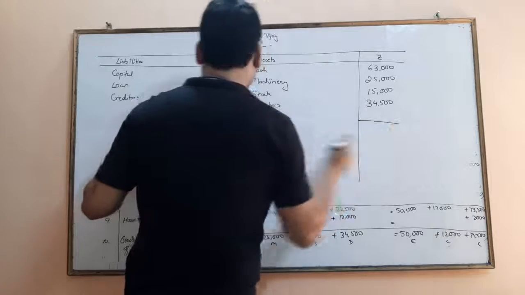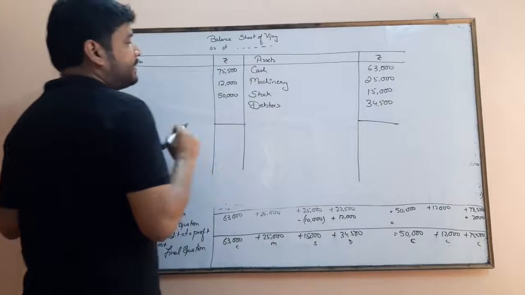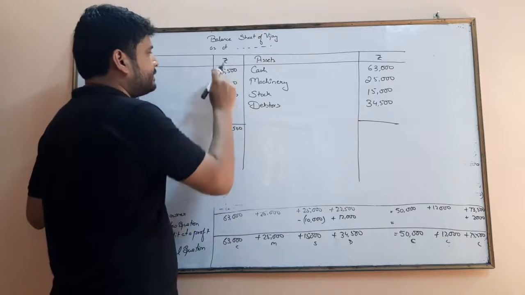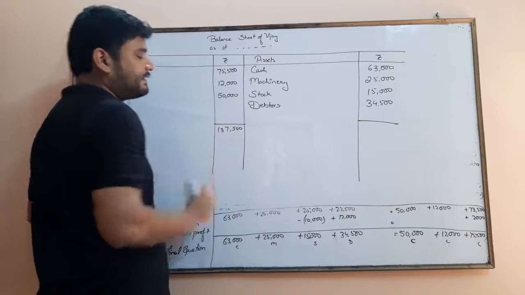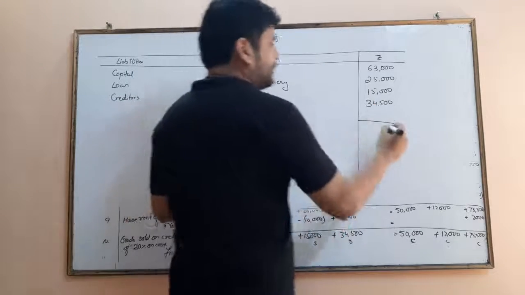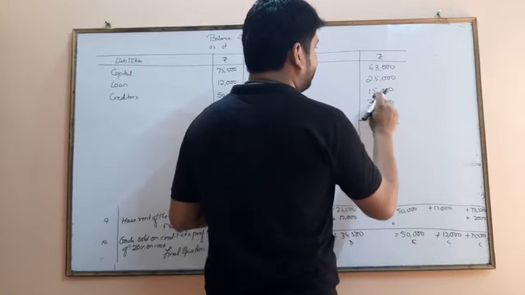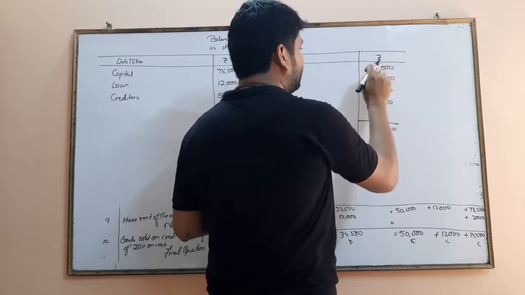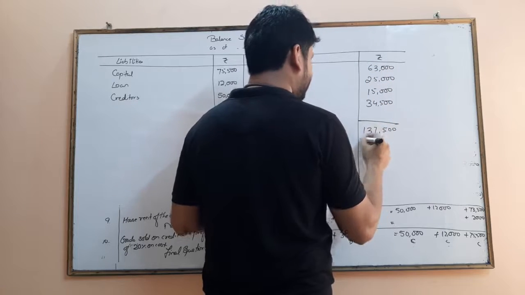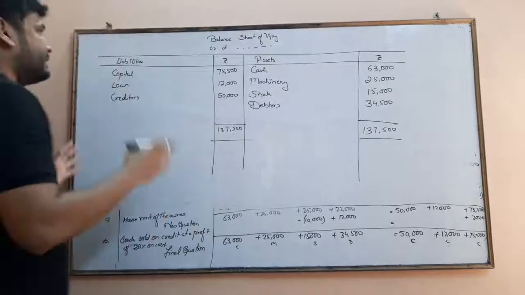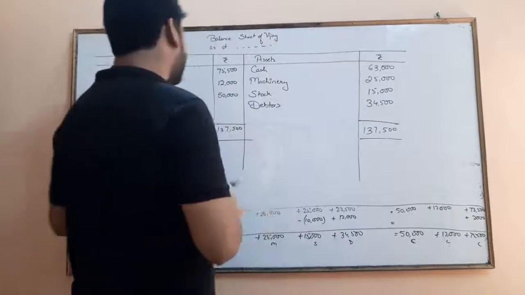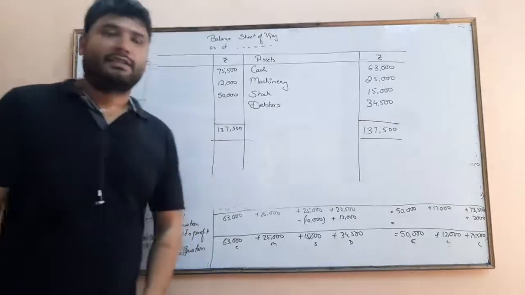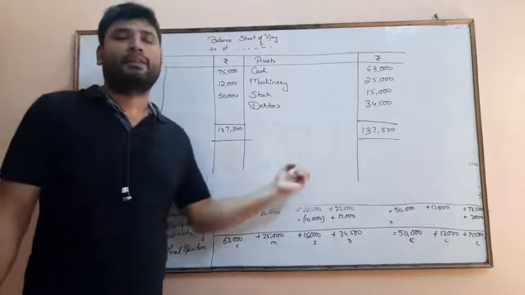So we have to find out that the asset side should be equal to the liability side. So we add up 0, 0, 5, 5 plus 2, 7, 7 plus 1, 8, 8 plus 5, 13, 1,37,500. Coming to the assets, 0, 0, 5, 4, 5 plus 5, 10, 10 plus 17, 1, 7 plus 3, 10, 13, 1,37,500. So we can see that the left hand side is equal to the right hand side. So along with the matching principle we have proved that liabilities are equal to the assets. So this is how the accounting equation along with the balance sheet is made.